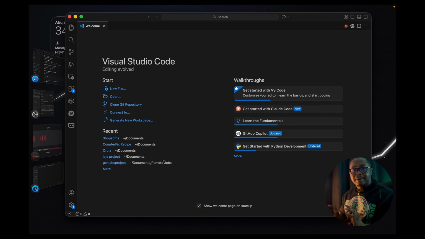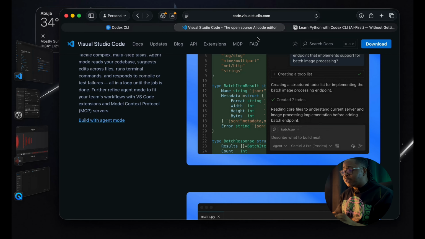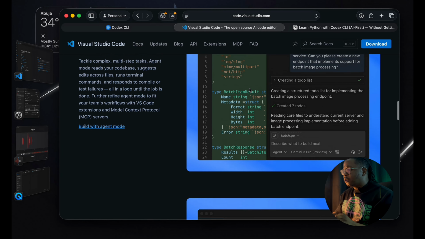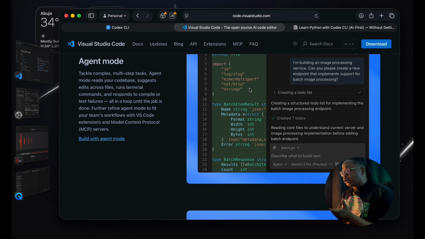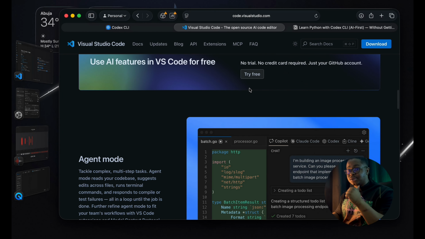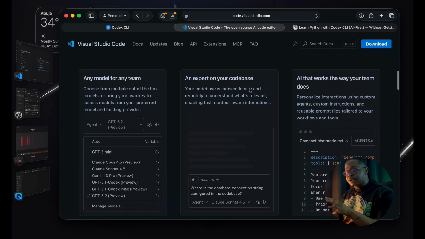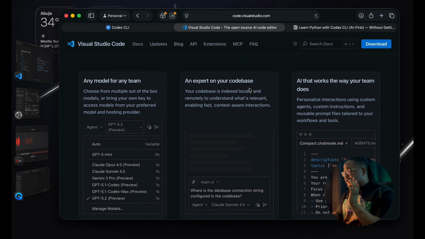Simple, easy, and plain. And for you to easily get your IDE set up, all you simply need to do is head over to code.visualstudio.com. I'm going to leave the link in the description for you guys to click on it. It's very easy, and just install it depending on the OS that you're using. Whether you're using Mac or Windows, they have different versions of the software available for you. Easy, download, you have that hooked up. Bam, you've done step one. Step one is already set.